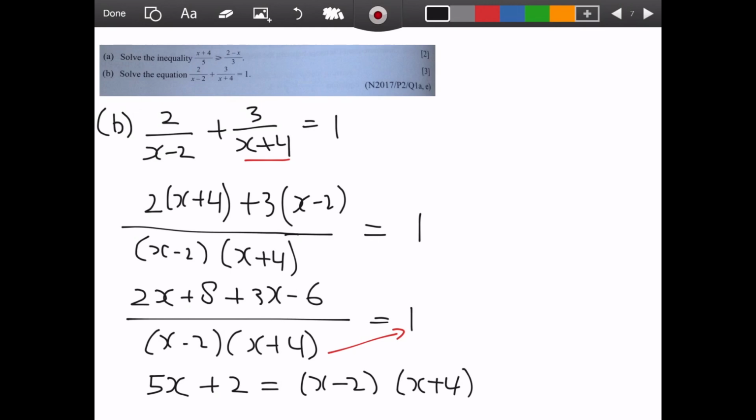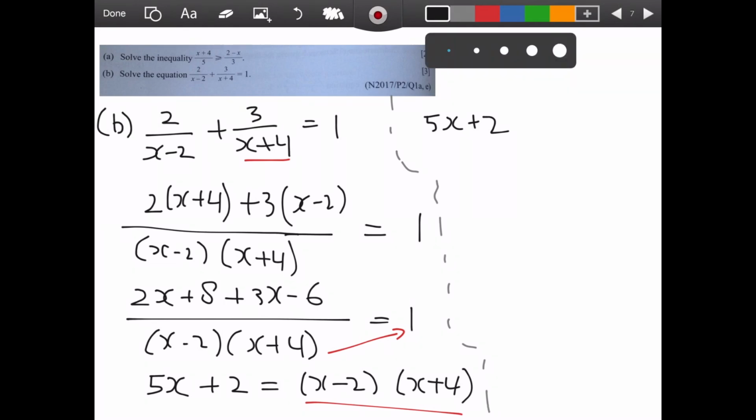Now we want to expand this. If we expand this, then we can simplify this line further. So we have 5x plus 2 is equal to,